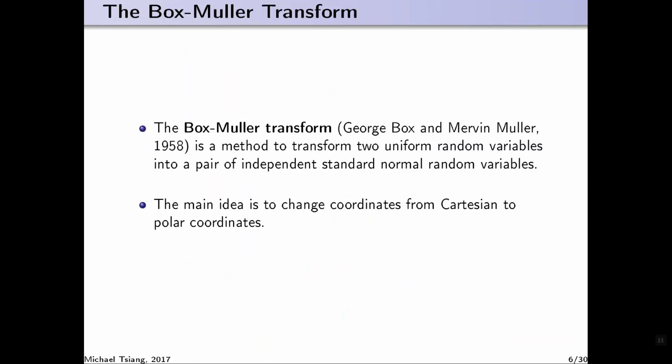I think there's merit in learning the idea of a composition and transform method. It's almost like a classic example of composition methods, or doing some transforms of our variables to get random